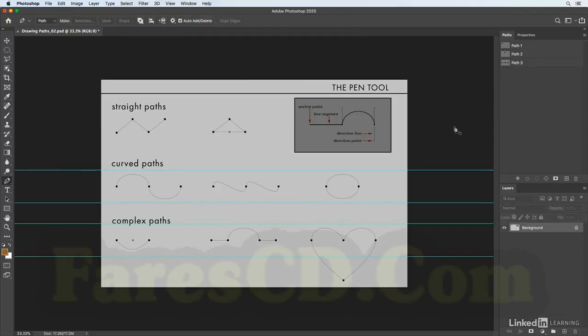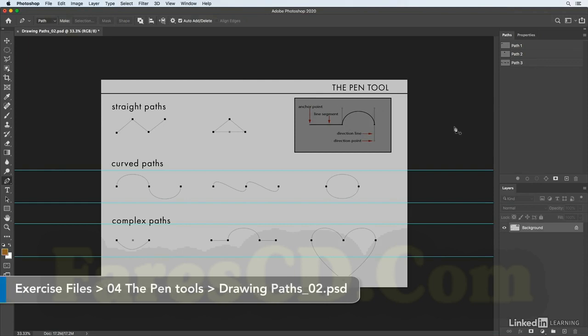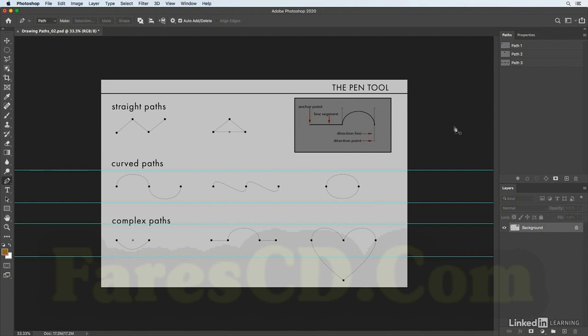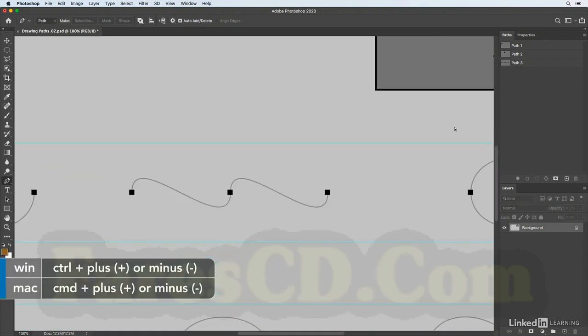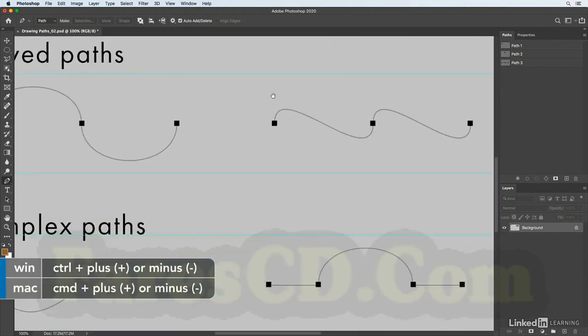All right, now it's time for us to learn to draw some more complex paths. And we're going to learn a few keyboard shortcuts as well because we need to figure out how to quickly convert a curved path to a corner point and how to split direction lines. So I'm going to zoom in using Command plus down to these more complex paths, using the spacebar in order